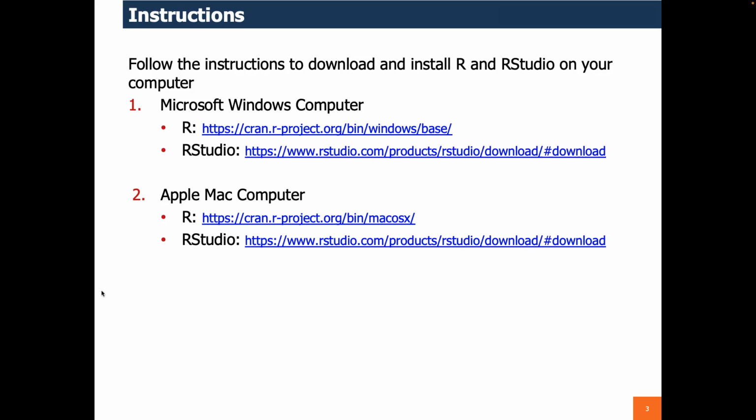So whether you're using a Windows or a Mac, the first link is what you want to click on, right? Which will take you to the R website. It's called CRAN, and it enables us to download the first tool for R. Right, so if you just click on it,